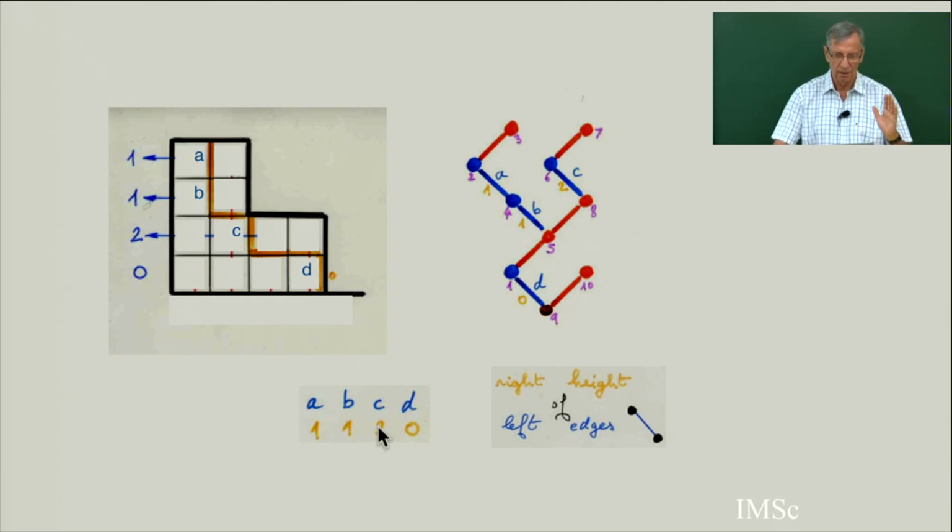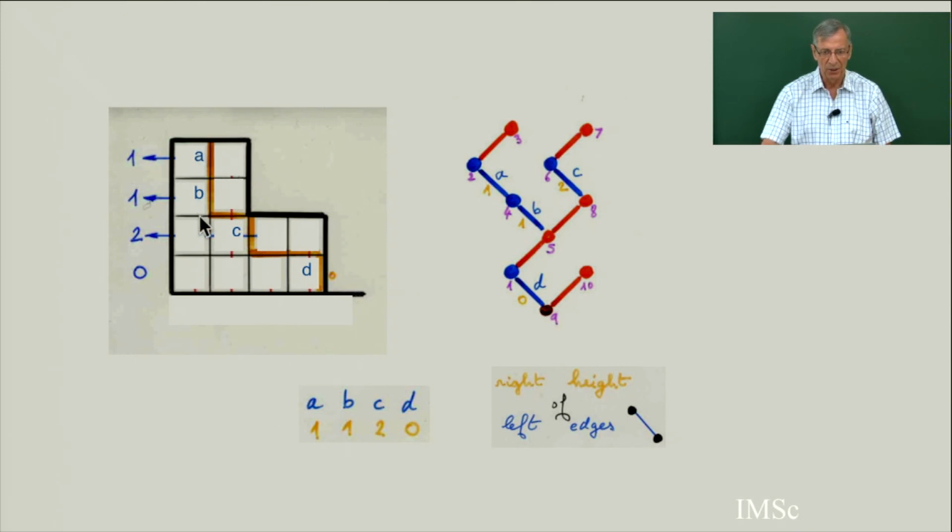So this left height, corresponding to ABCD, is going to be in the same order, ABCD going from the top to the bottom. It's exactly the distance between the border and the path inside. And I claim, you have to check, this is combinatorics deep inside the trees and the relation with canopy. I claim that what you get, putting these vertical edges in yellow at the distance given by the numbers 1, 1, 2, 0, in the order A, B, C, D, going from top to bottom, is a path.